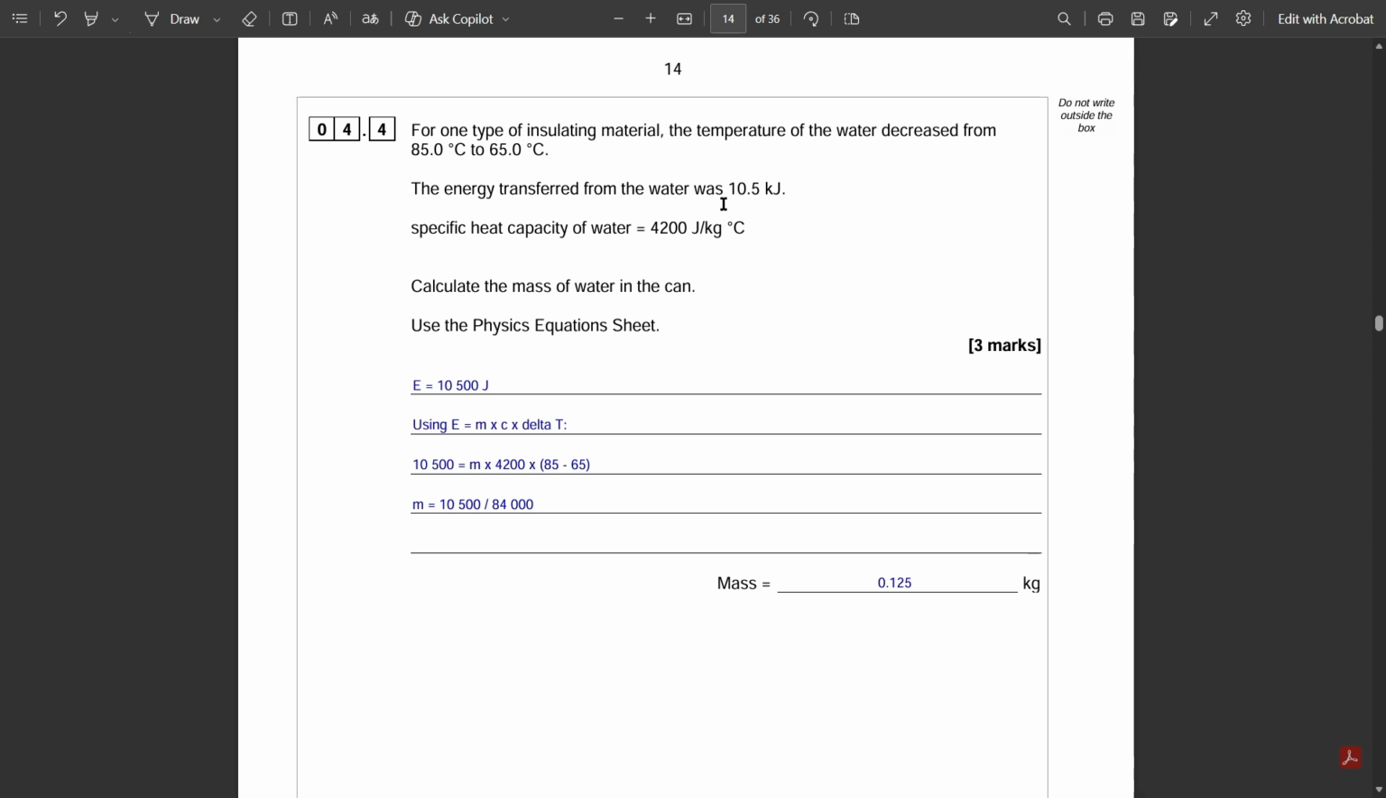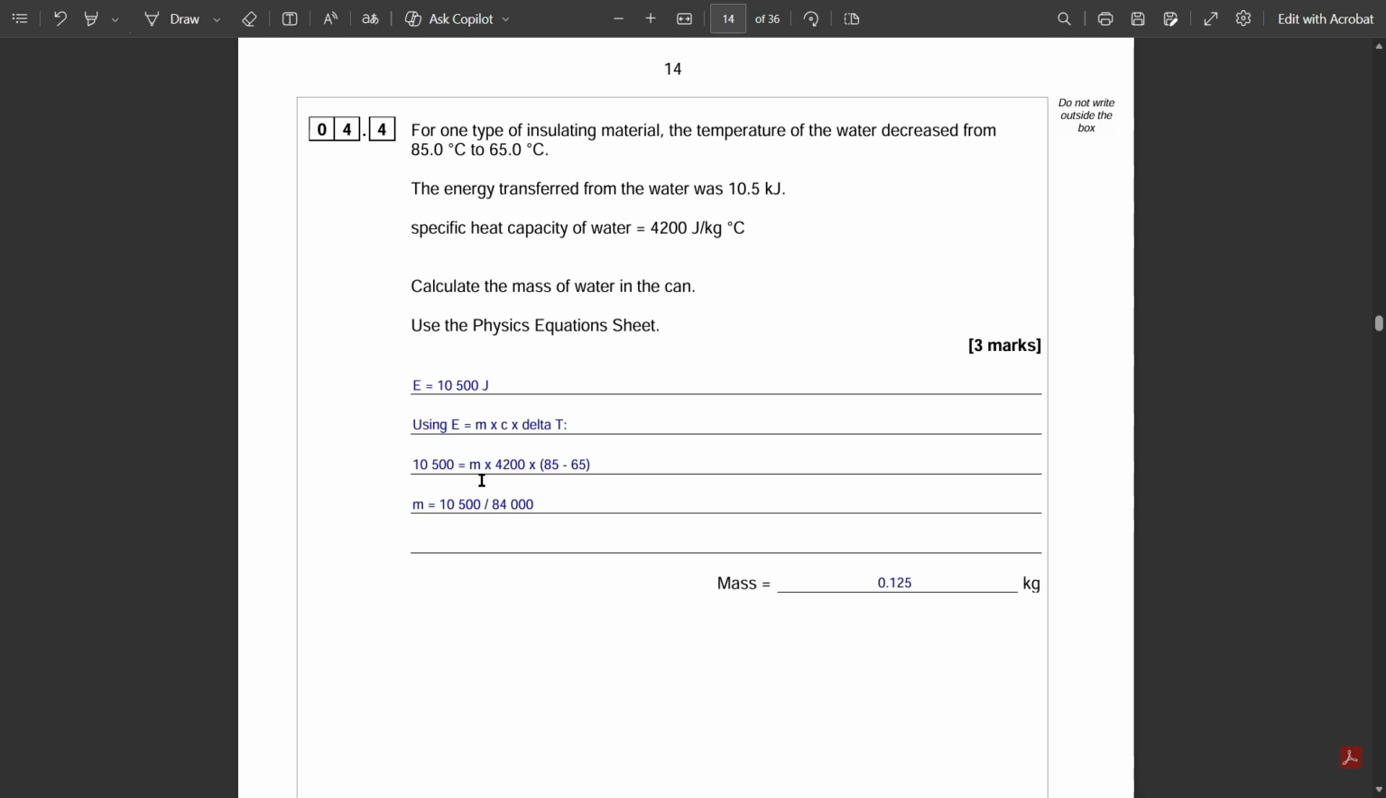Well, firstly, we convert 10.5 kilojoules into joules, and we just get an answer of the energy equaling 10,500 joules. And then we use the formula E equals m times c times delta T, where delta T is the change in temperature. They also have it in words in the formula booklet, but we don't need that. And then it's just